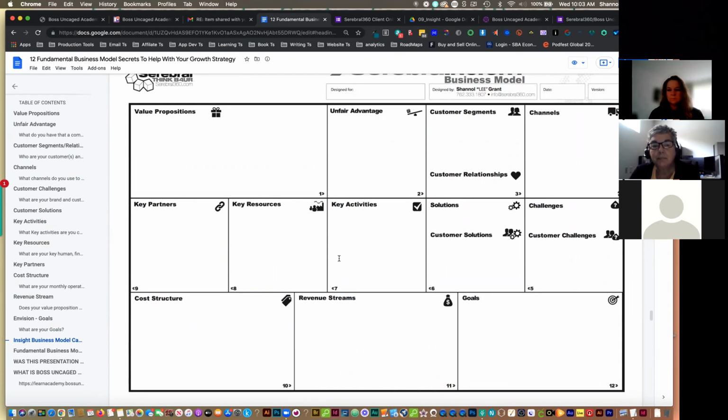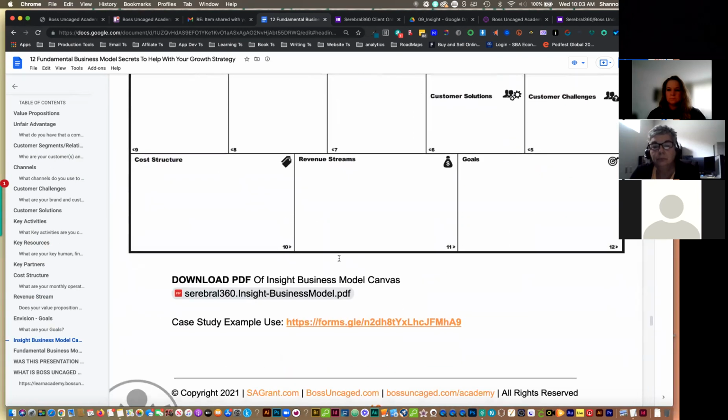You already know what your key resources are. You already know what your customer segments are, and you already know your value proposition. So now what you can do is add additional value by finding the right partners to fill in that void. And then you can put your focus and attention into that area versus just juggling randomly, trying to figure things out. So this document, I'm going to give you guys access to this document as well.